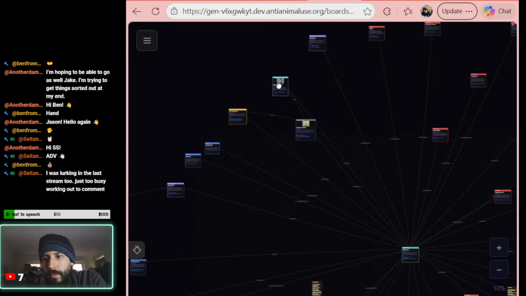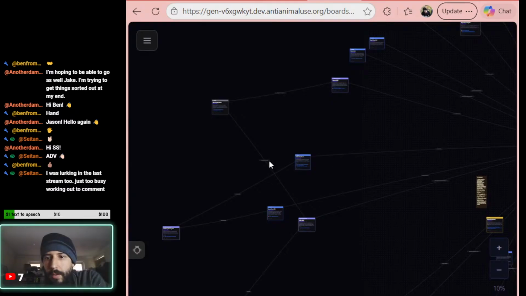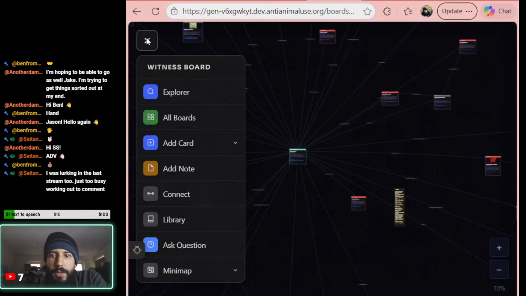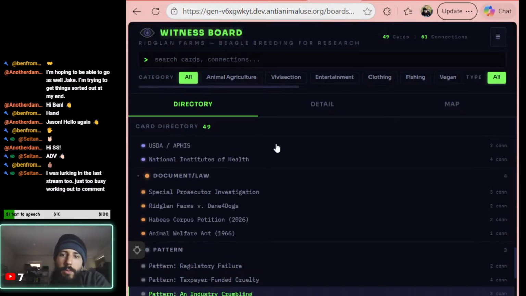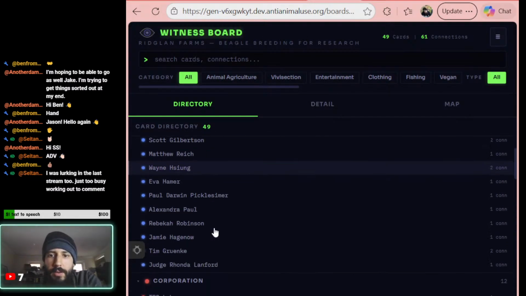So I need to work on moving some of these things around so they're not all overlapping each other. But basically it takes all this information and then it puts it on this Explorer page. So every card there is here in the directory,